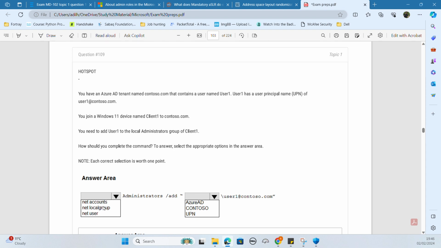but you are given some options and you have to choose which one is correct: net accounts, net localgroup, or net user. So if you see, we are adding user1 to local groups, right? Not to accounts or users. So net localgroup administrators /add, then in double quotes,